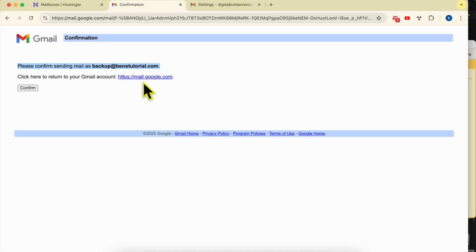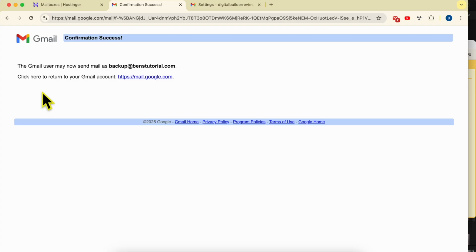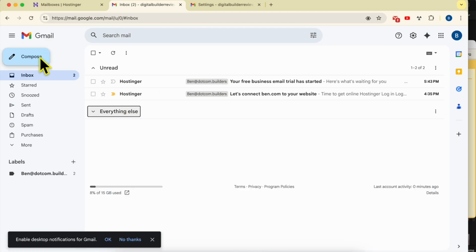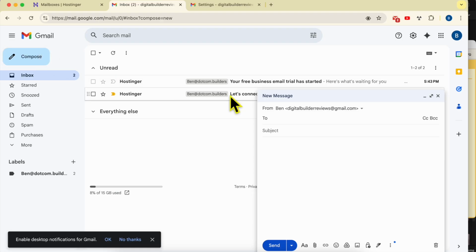To your Gmail account, click this link. Now, it is important to click on this confirm button. And as you see, the Gmail user may now send mail as backup at benstutorial.com. Now I will go back to Gmail, and now if I click on compose to write a message, I